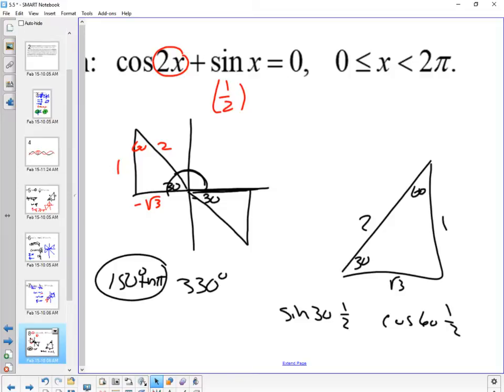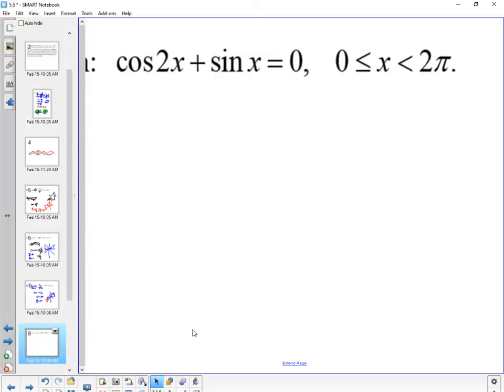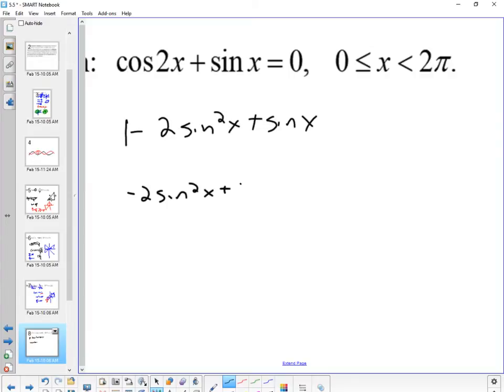What was it? They did the cosine, and then they factored it. Cosine 2x is a double angle. There's one formula for the double angle, which is 1 minus 2 sine squared x. If we rearrange those, that can actually be factored. So I would have negative 2 sine squared x plus sine x plus 1, and then that gets factored into